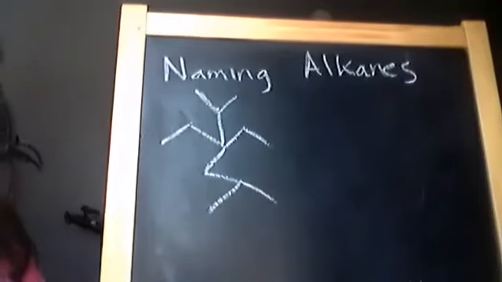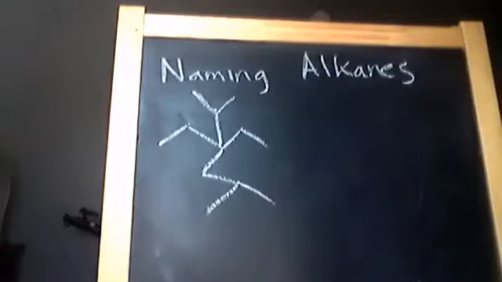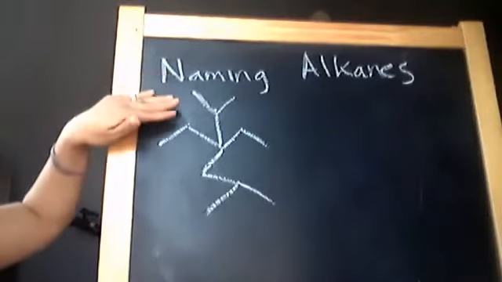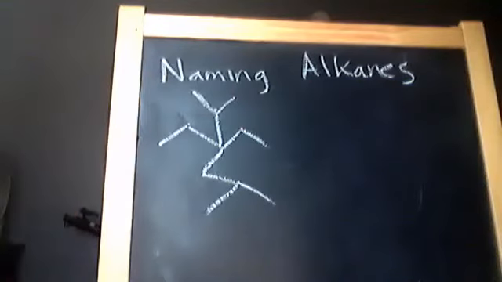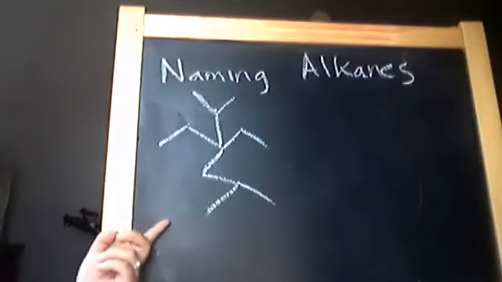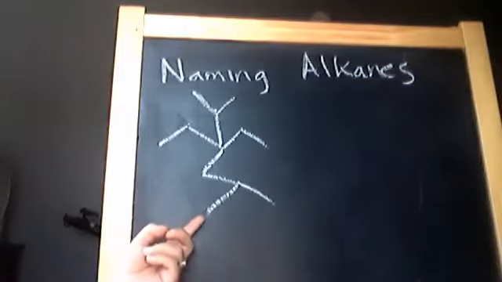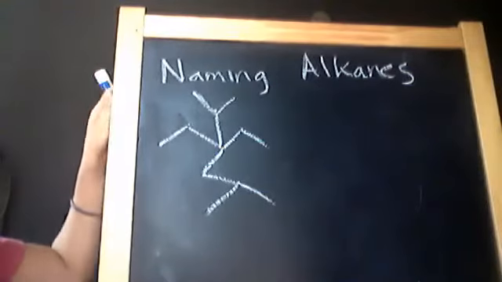Hi guys, so another example of naming alkanes. You have this other type of representation, zigzag lines. Remember, each vertex is supposed to be a carbon with a fulfilled number of bonds with hydrogen. So each vertex or each end of the line is telling you that you have carbon atoms and hydrogens, okay? So naming